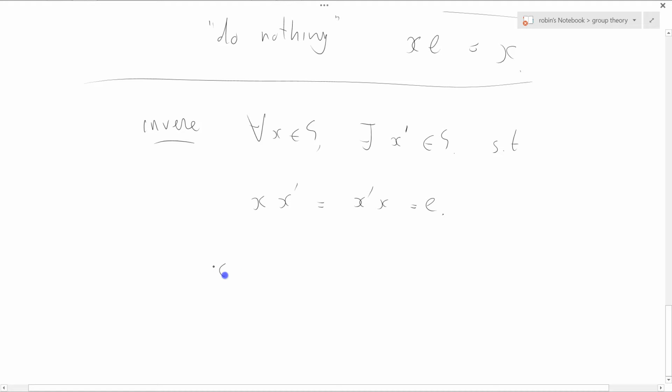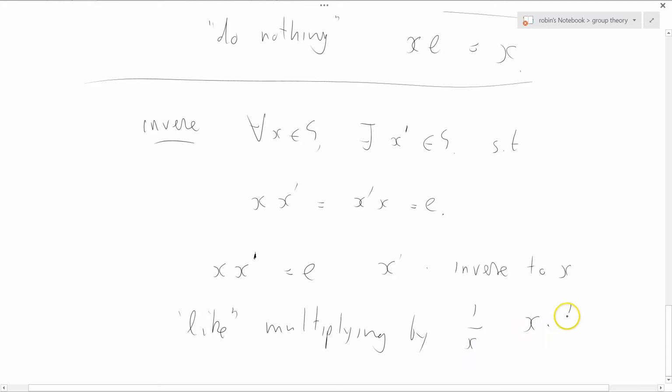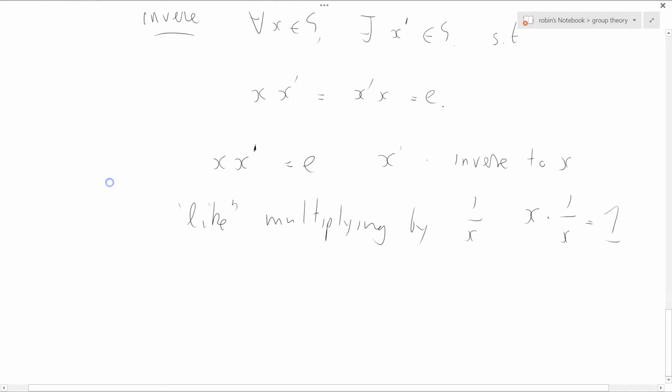So we can see that x times x dash equals e. So doing x and then x dash, this thing called x dash, is the same as doing nothing. So x dash is like an inverse to x. So it's like multiplying by 1 over x, because of course x times 1 over x equals 1, and multiplying by 1 is your identity. Or it's like